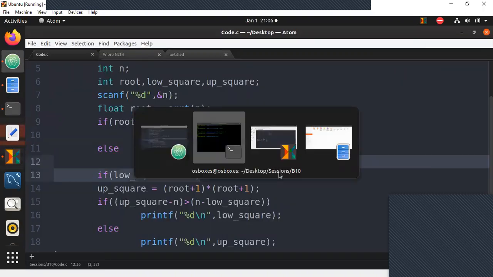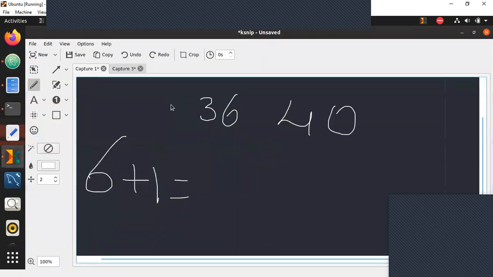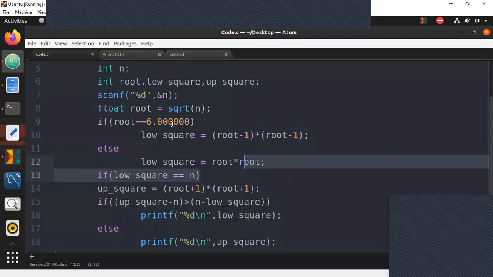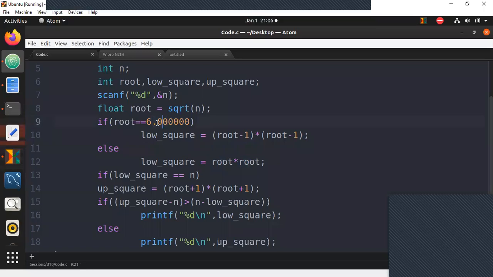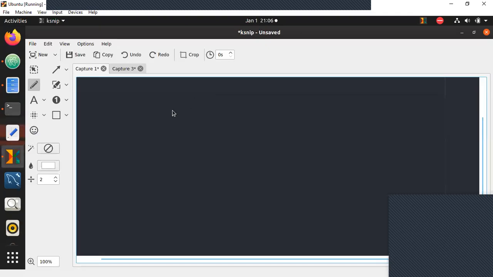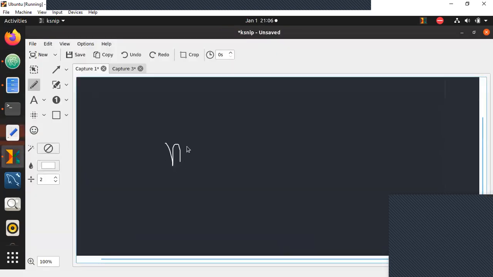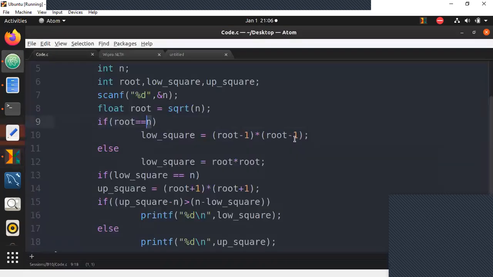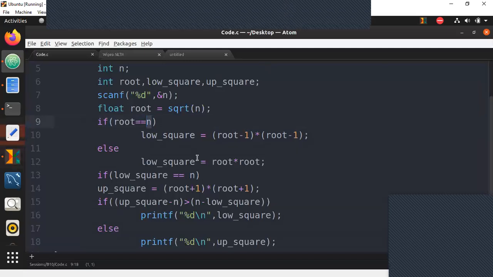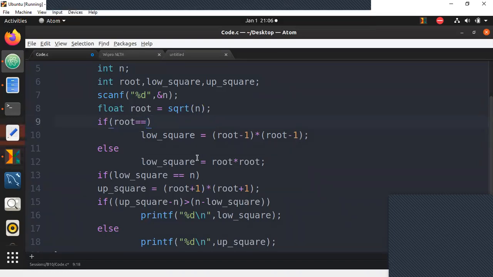But there's one problem. In float value, you can also check if the decimals are zeros and so on. But in float value, sorry, not 6, I'll take n. Can I do this, if root is equal to n? Sorry guys, one minor mistake here. Please note here. I have one question. Can I just state, in other words, think about this.